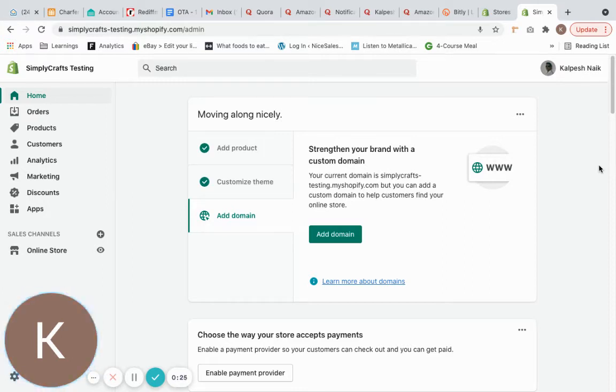Before starting with the discount codes, I would like to explain the different types of discount codes on Shopify. One is the coupon code type of discount, and the second type is an automatic discount, which automatically gets applied when the products are added to the cart. These are the two widely used types of discounts on Shopify. These discount and coupon codes are inbuilt in Shopify, so we don't have to add any apps for this. I'll show you the stock version of discounts on Shopify.